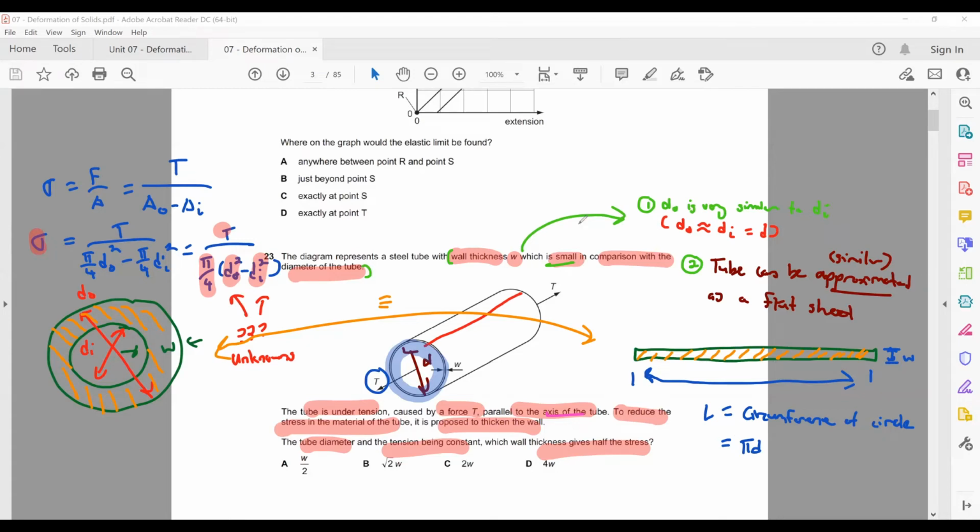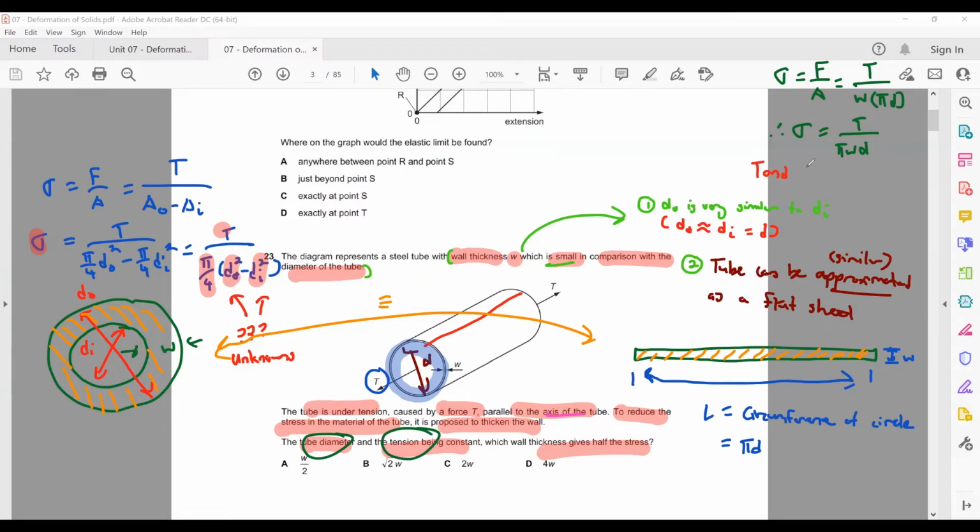So you try to use stress equals to force over area here, you're going to get something like this. Stress is force over area, which is T over W times pi d. Therefore, stress is T over pi W d. Okay. Now, the question says that the tube diameter and the tension being constant will mean that